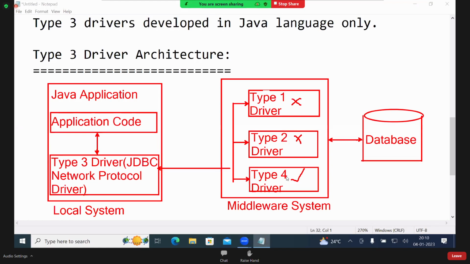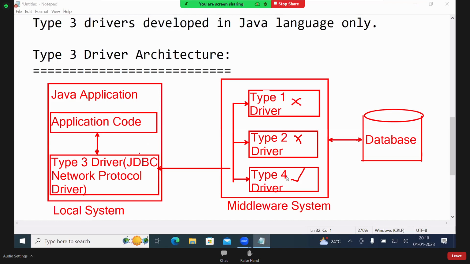Suppose, for example, you are using a Facebook server. You are uploading data. In the Facebook server, which database is loaded? Do you know? Like that. Through your Java code, you are uploading data. Then the data is passed to another Java code. Later, that is connected to the database. So here changes are required only in the middleware system. But in the Java application, no changes. If you want to change the database also, here no changes.